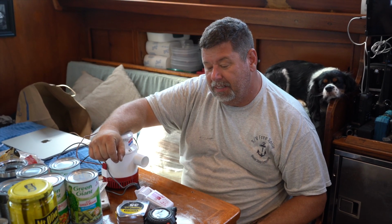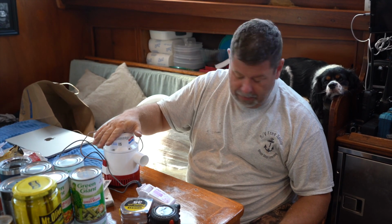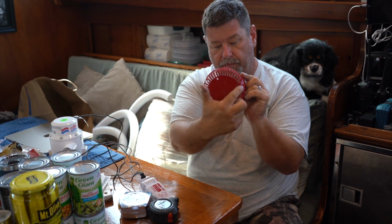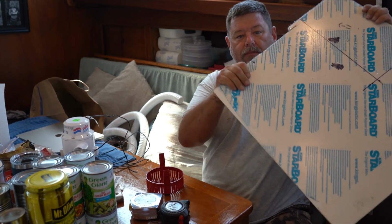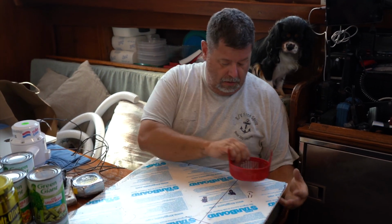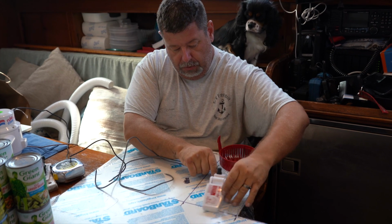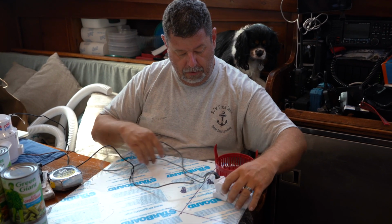I don't really want to drill holes directly down into the bottom of my boat because, honestly, she has enough holes in her as it is. I don't really want to put any more under the water than I have to. So what I've thought about doing, because you can pop the bottom off of this bilge pump, and there's 4 holes, and then there's 2 holes in the float. I happen to have some starboard. What I was going to do is mount the bilge pump back here and then mount the float switch up here. What I'm thinking. Or if I turn it sideways,